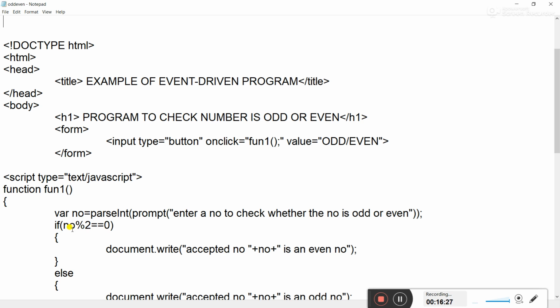If it returns the remainder as 0, it will display the accepted number is an even number. If the remainder returned is 1 or any other number, then it will display document.write accepted number is an odd number. Okay, now we will execute this program.